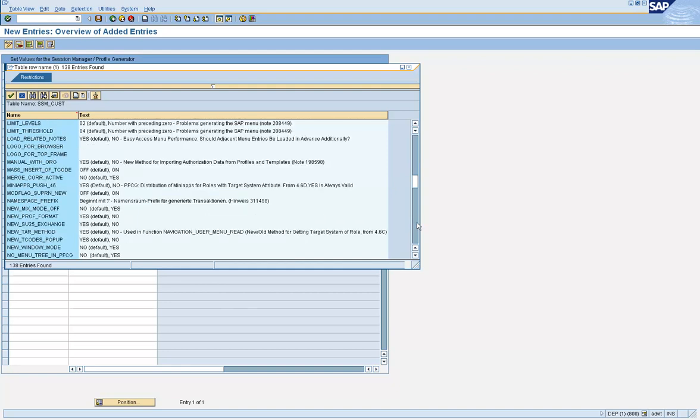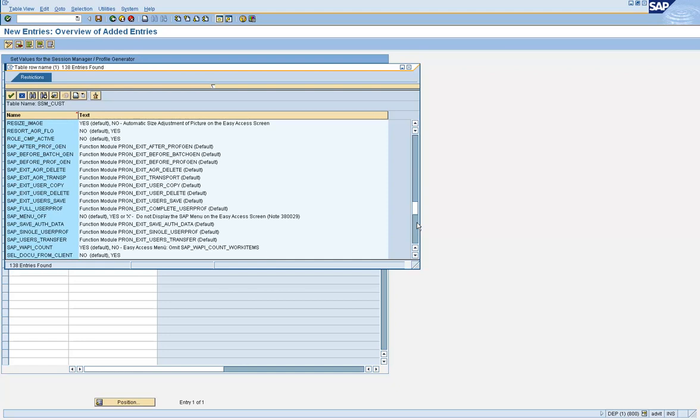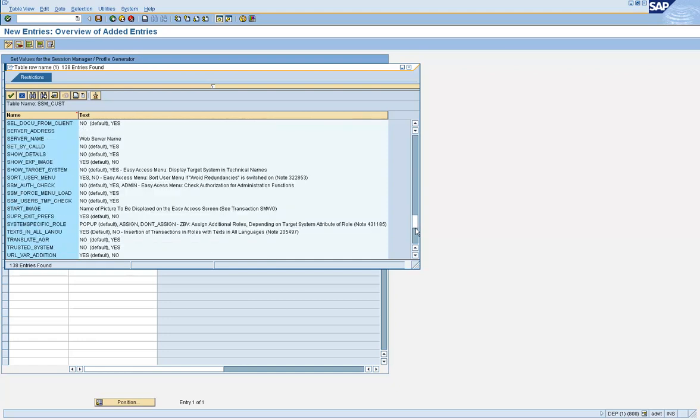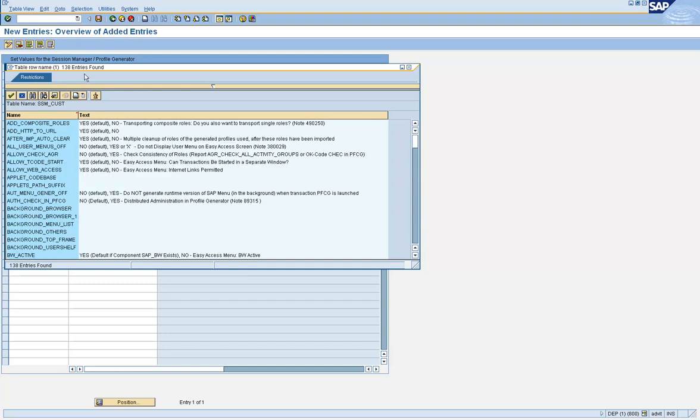So these are some of the useful parameters that you could set and use in your systems. You can practice these parameters. It's a very useful table to know what it contains.